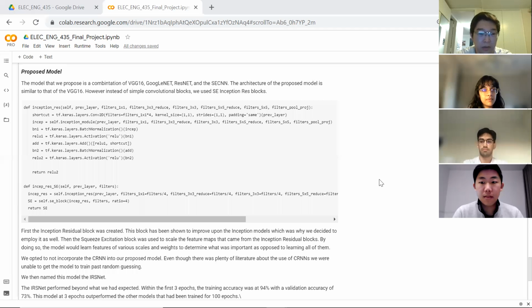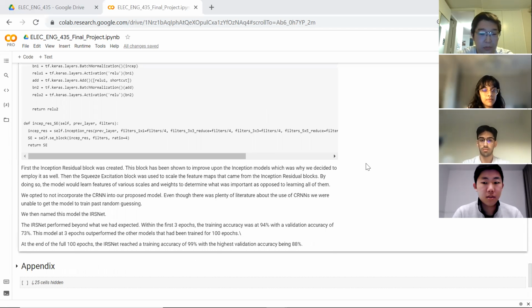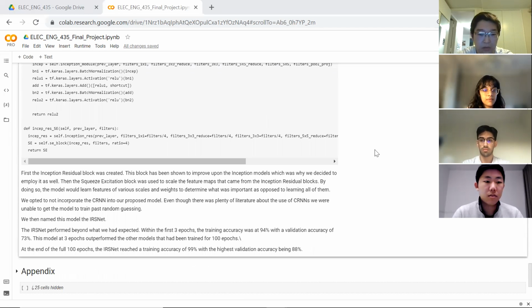So taking all of these models into account, the model that we proposed is a combination of the VGG16, the Google Net, the ResNet, and the squeeze excitation convolutional neural network. Essentially, it follows a similar architecture to VGG16, but instead of convolutional layers, they use a squeeze excitation inception ResNet block. By doing so, we were able to achieve 94% training accuracy with a validation of 73% accuracy at just